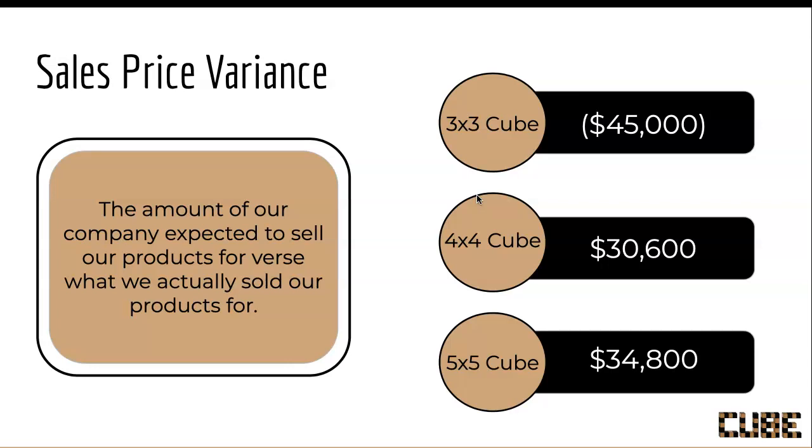The first variance that we identified was the sales price variance, which is the amount our company expected to sell our products for versus what we actually sold them for. And we had a total favorable variance of $20,400, and we broke this out by product. So for our 3x3 cube, we had an unfavorable variance of $45,000. For a 4x4 cube, we had a favorable variance of $30,600. And for our 5x5 cube, we also had a favorable variance of